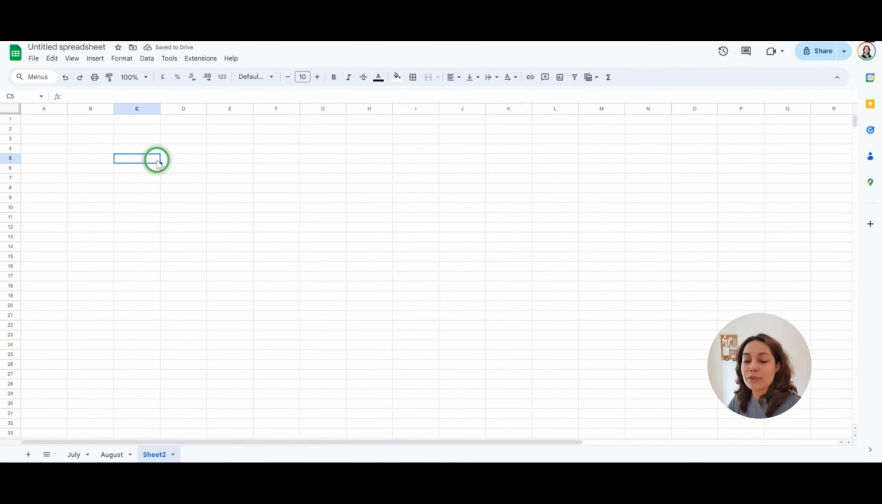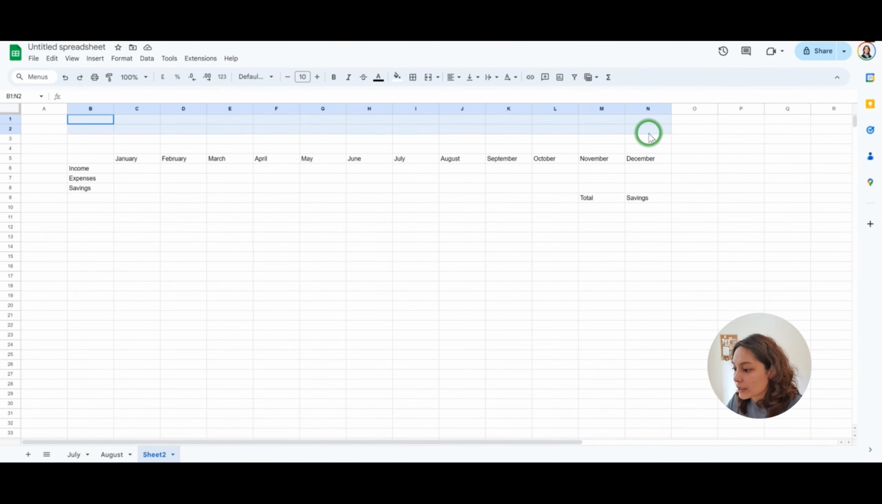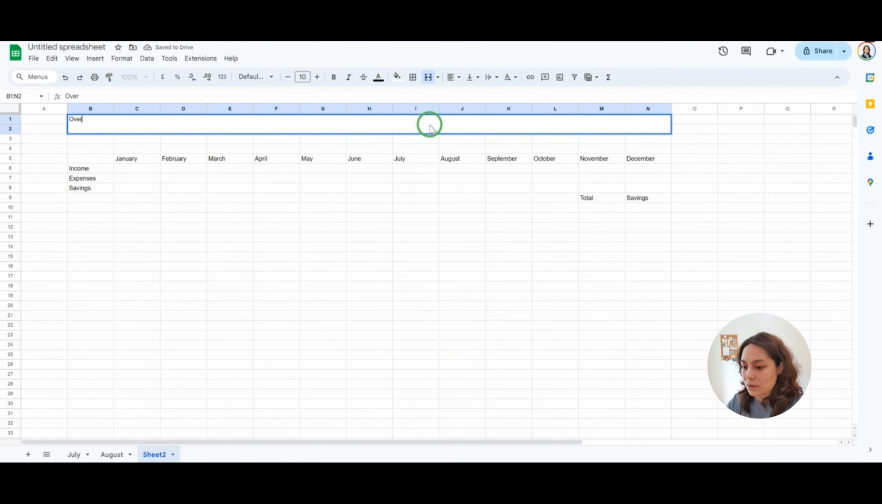So a good way to design the overview would be to start with the months. I'm going to speed it up a little because it's very repetitive. Now here we have our income, our total expenses, and our savings. And here we can have our total savings because I like to see how much I have saved at the end of the year. Now we select this, we merge it and write